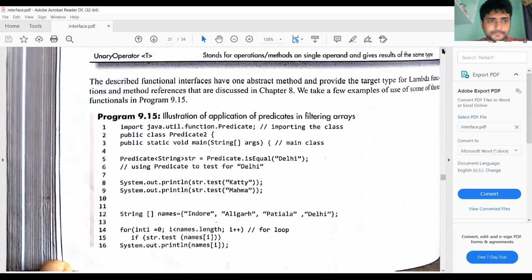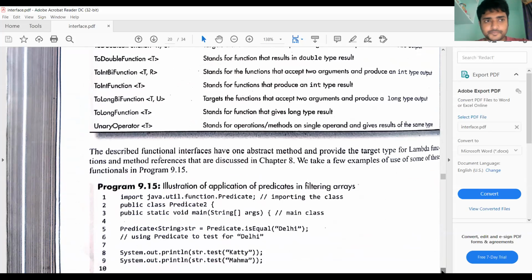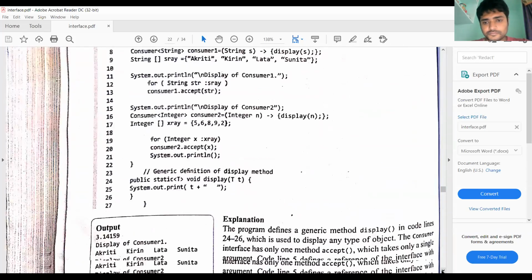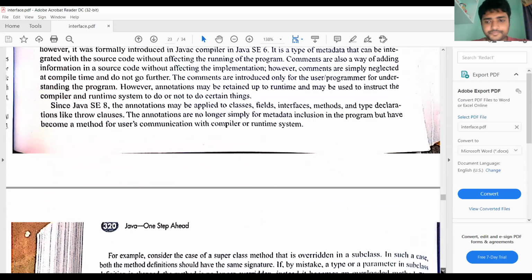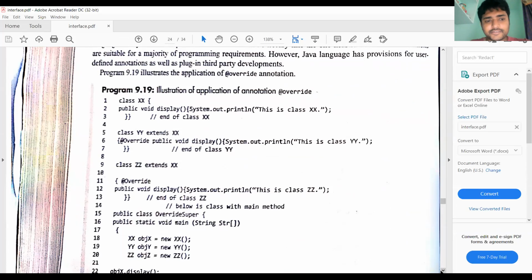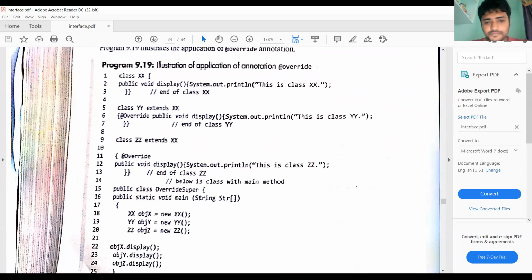So let us check a simple program. Here we are using the override annotation.